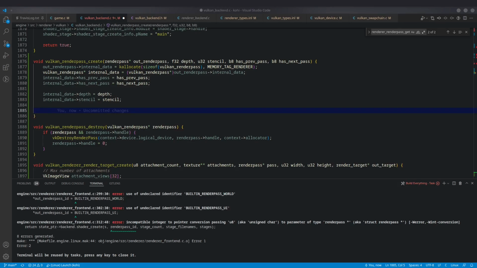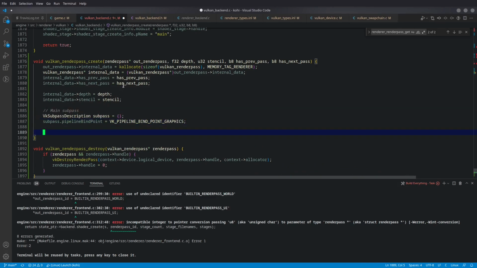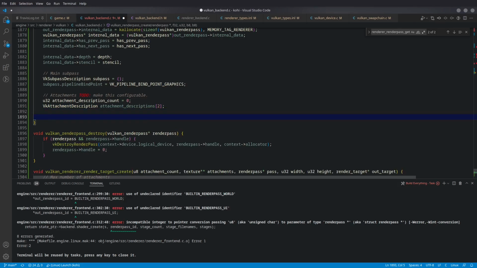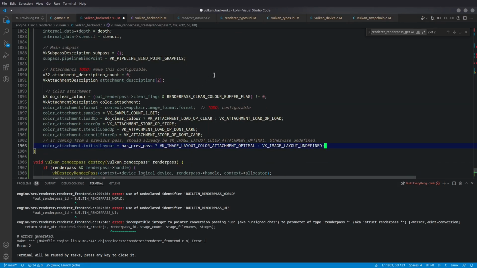We are going to set up our main subpass. Again, this is all stuff that you guys have seen. It's just sort of relocated now. So we have our attachment description count. Again, this is something we'll need to come back to and make it configurable. But for right now, it is what it is. And there are several flags in our attachments that still need to be configurable as well. So